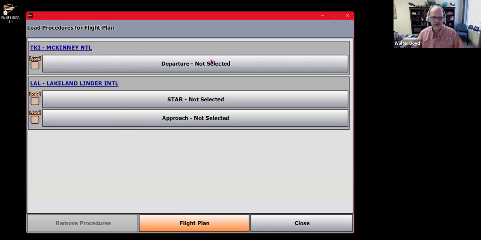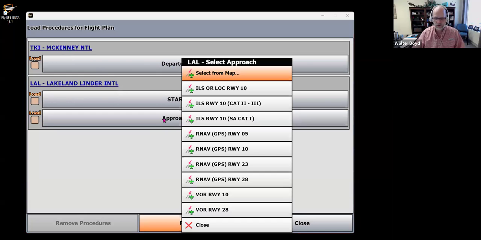And you'll notice that it's listing all of the airports that are in my plan that have an appropriate procedure. So I had a few airports in the plan, but only two of them had approaches or instrument procedures. I can select a departure from McKinney, or I can select a STAR and an approach to Lakeland Linder. For now, I'm just going to select an approach. So I tap that. If I know which one I'm picking, I can immediately pick it here, or I can